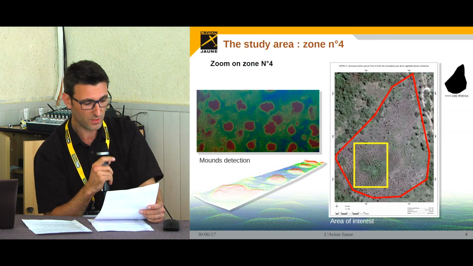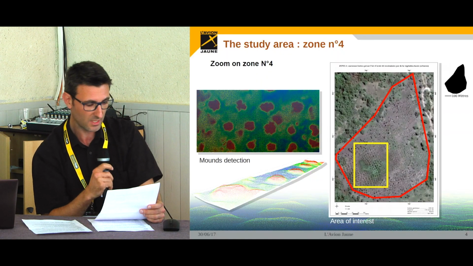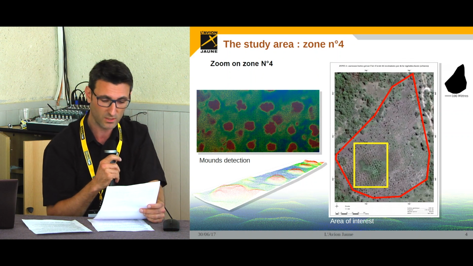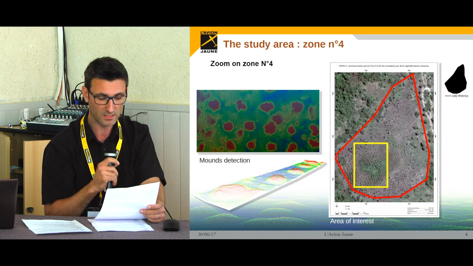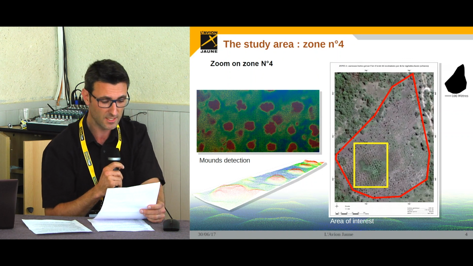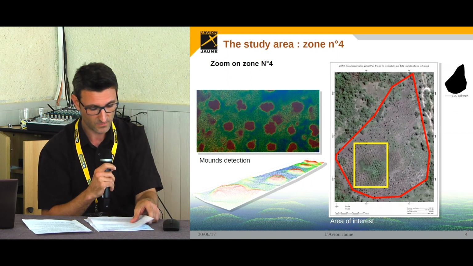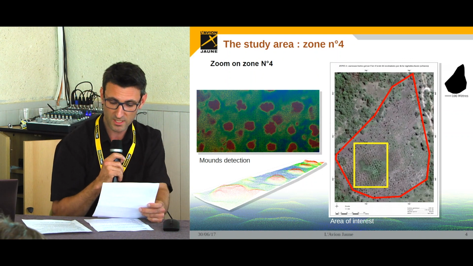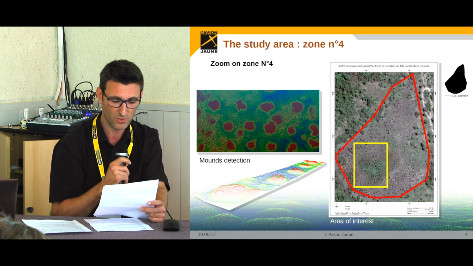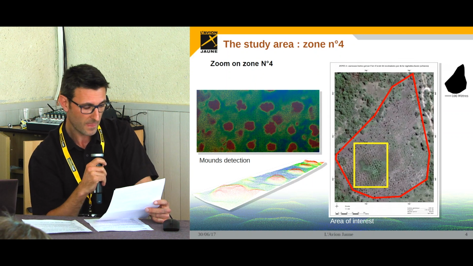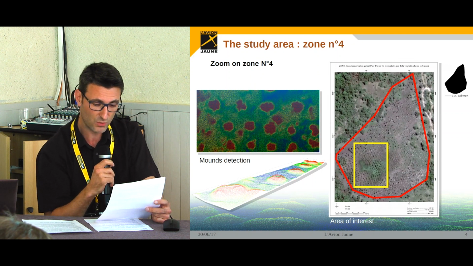Here you can see the red line all around zone number 4. The surface is about 300 square meters. The yellow line shows the specific area we are working on today. It's a basin surrounded by forest. We want to achieve, on the left, the goal of doing mound detection and isolate them from the rest of the ground, as we can see in the illustration here. Then we extract useful information for